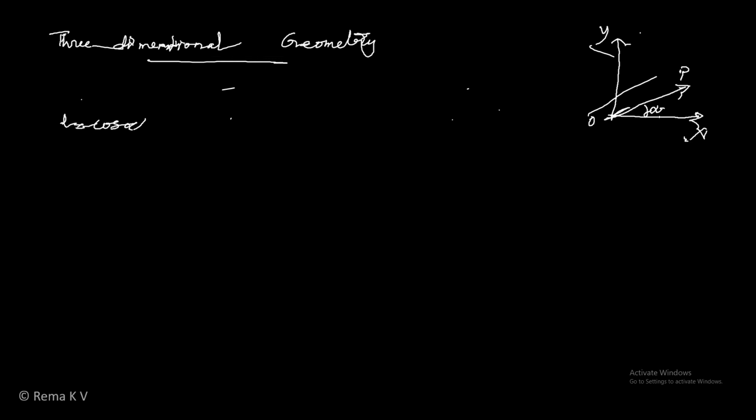If alpha is the angle made by the vector OP with the positive direction of x-axis, then L is equal